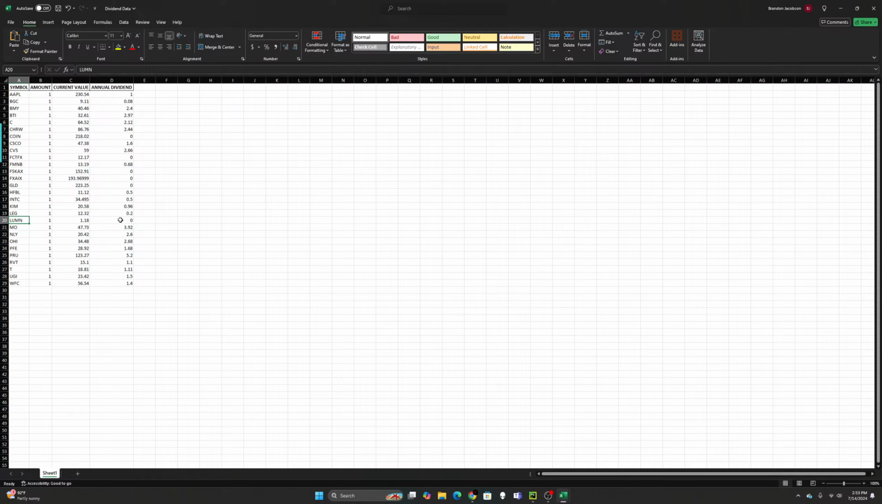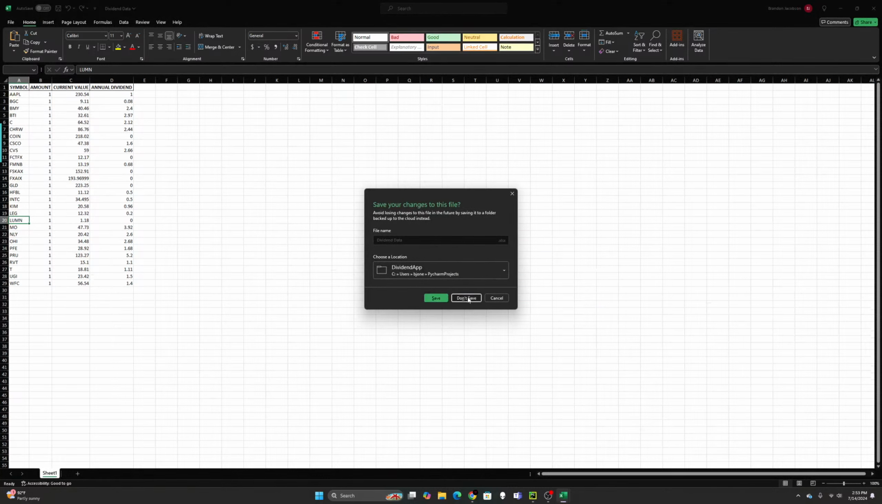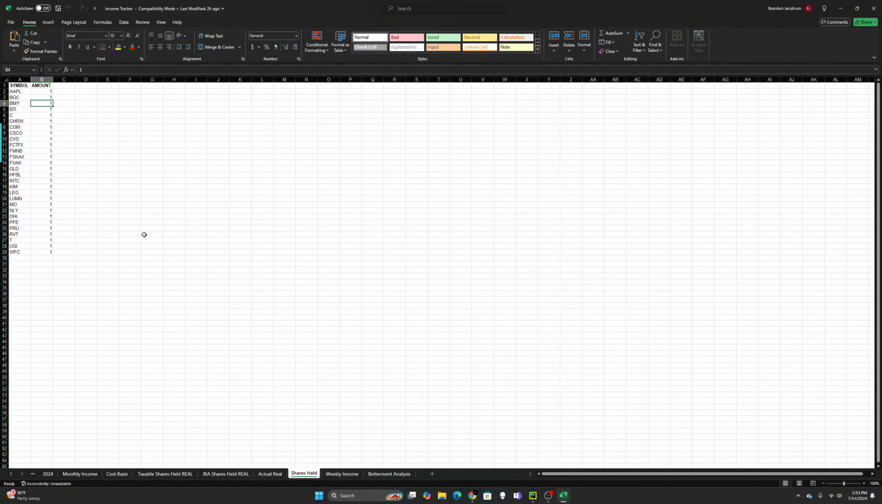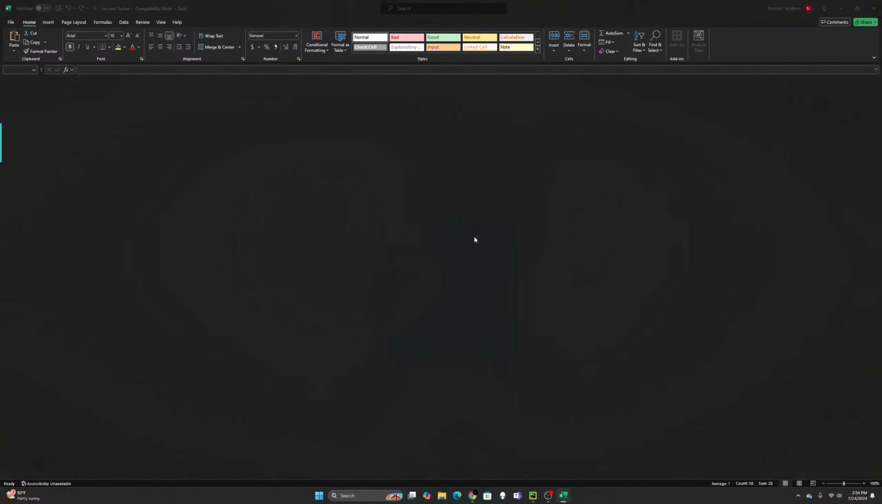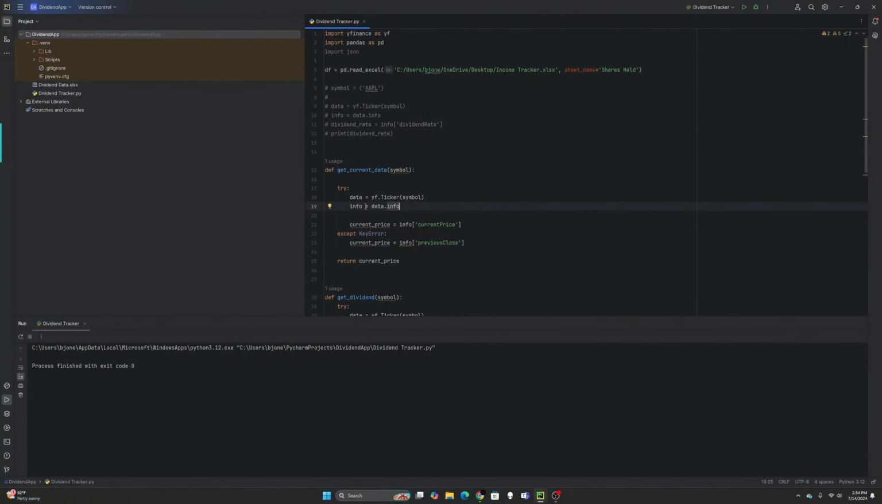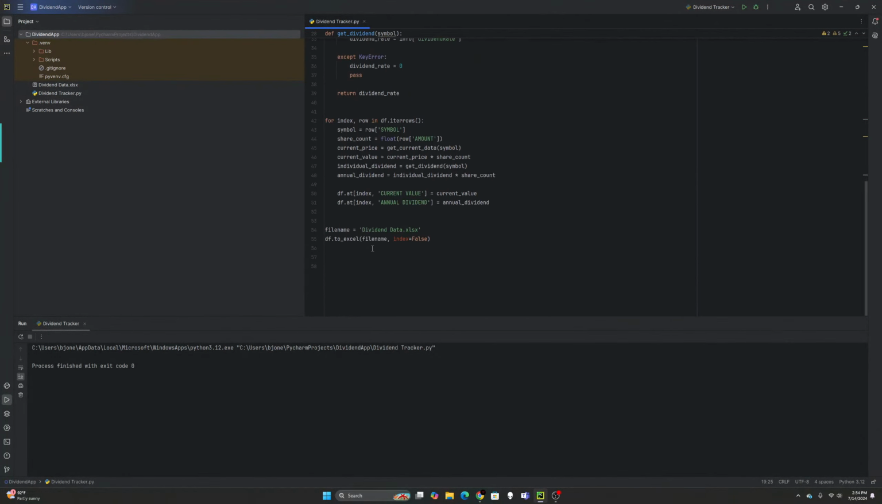This one right here is Lumen Technologies that we already talked about. It does not pay a dividend, unfortunately. It used to. There we go. So that is step 1 right there. We were able, using this Excel sheet, to automatically get the current value and the dividend data for all of them. All right. So before we